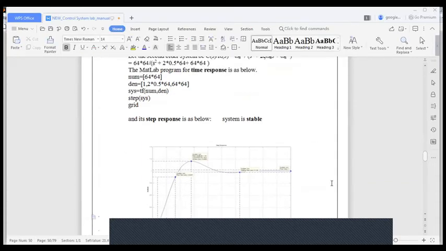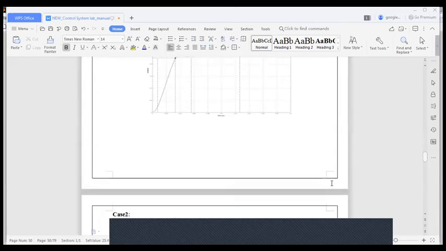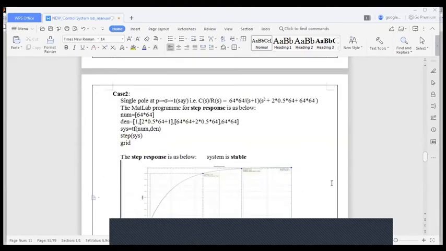Now with respect to this, when you add a single pole at p equal to minus sigma equal to -1, the pole has to be reflected in the denominator. So s plus 1 means you are changing the pole location to s equal to minus sigma equal to -1. Once you get this, to enter it in MATLAB, as usual, arrange the coefficients in decreasing power of s.